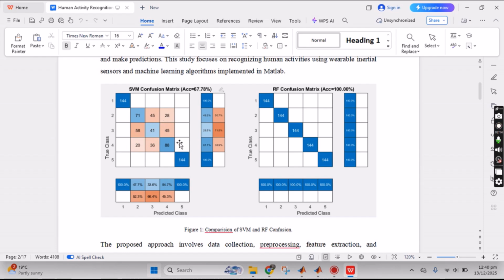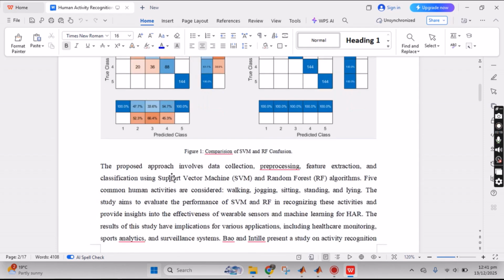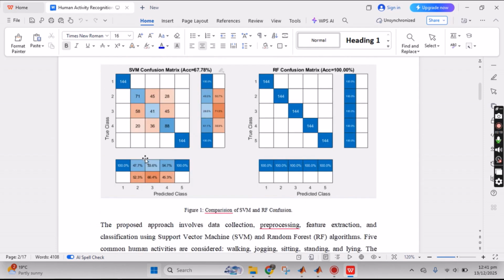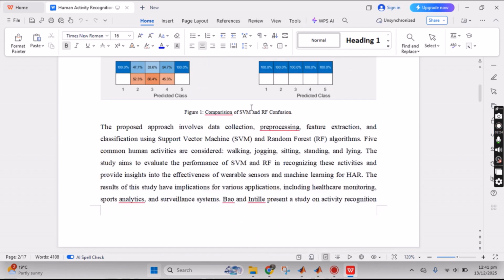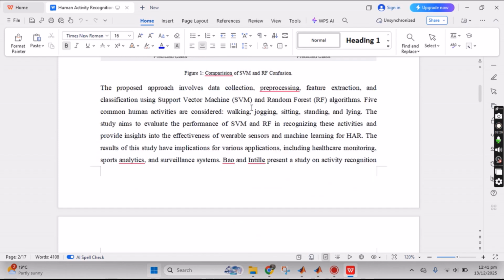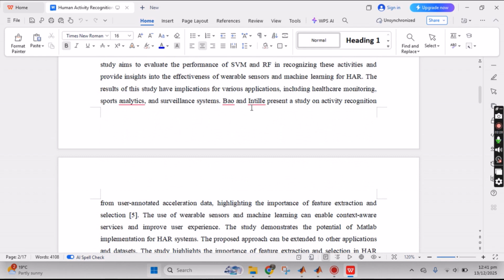This is the more stabilized technique, and the predicted class is more stable, and this one is not more stabilized than the SVM. So basically in this study I have shown implications